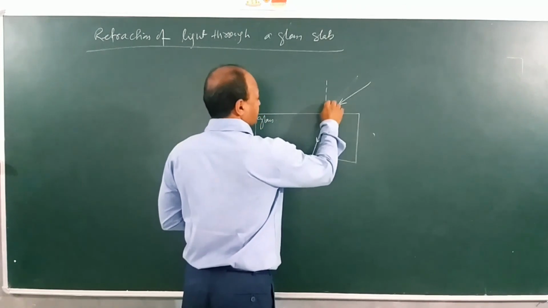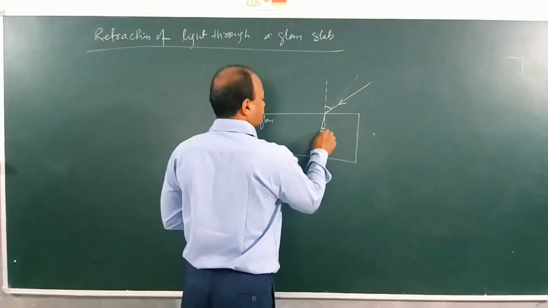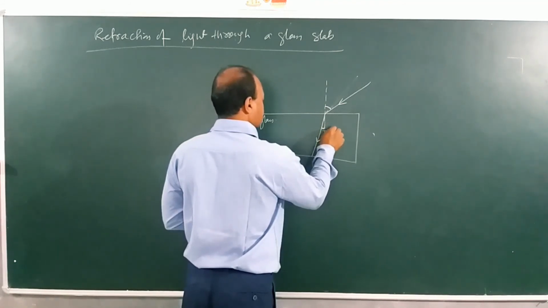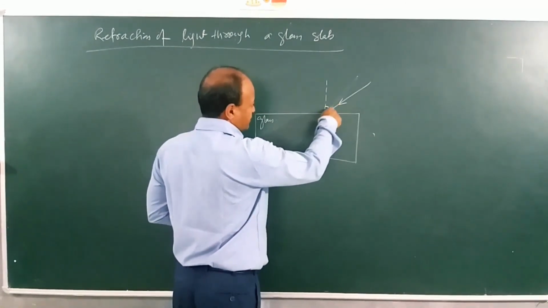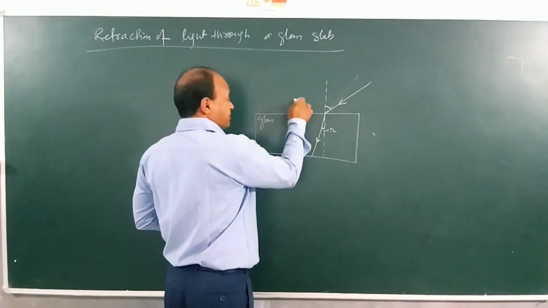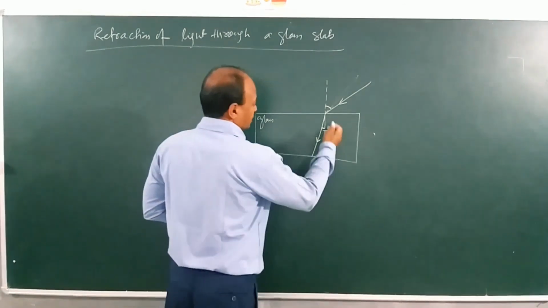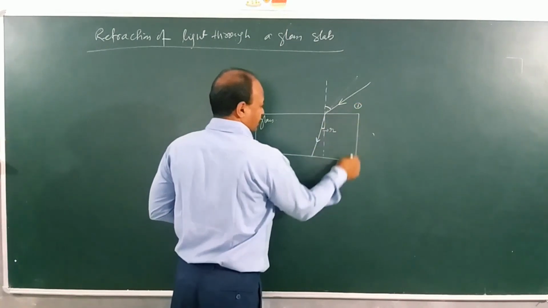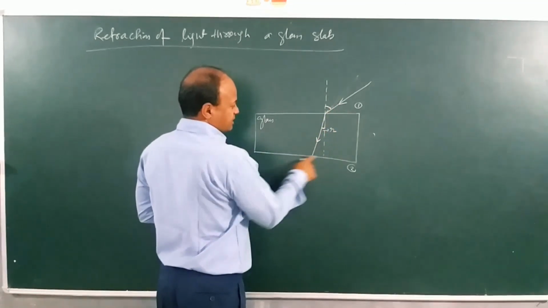You can see that this is angle of incidence. This dotted line is normal. This angle of refraction is R. Now this ray is striking here and getting refracted, bending towards the normal. Now the medium above and below the glass slab is what? Same. Now this is interface 1 and this is interface 2. See, this is interface between air and glass. Now this is interface between glass and air.